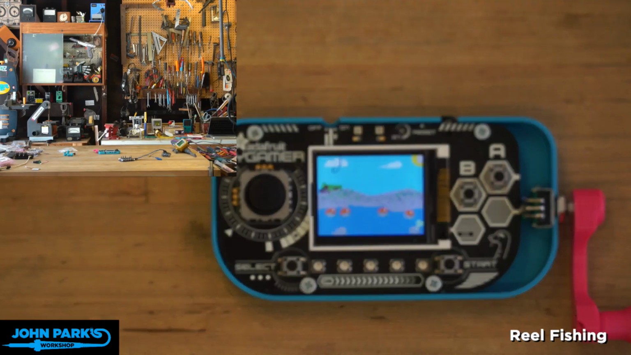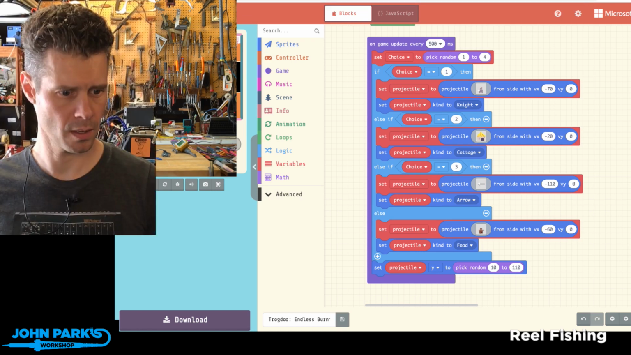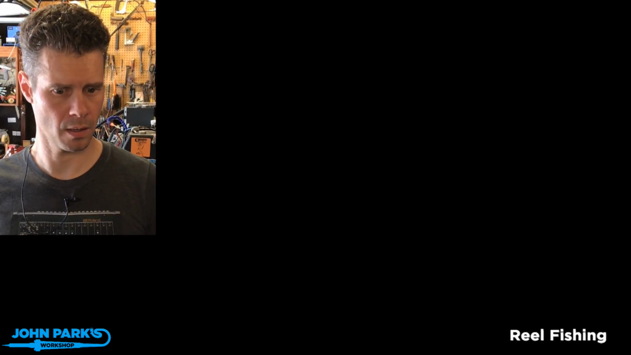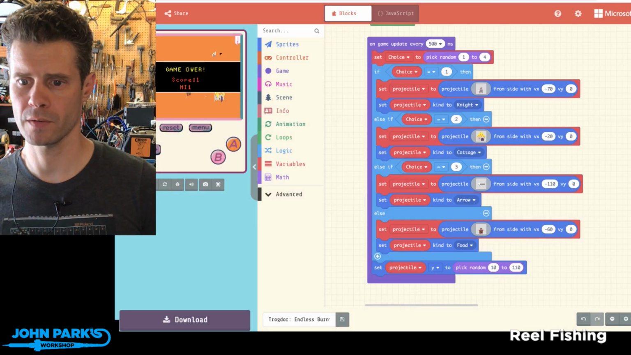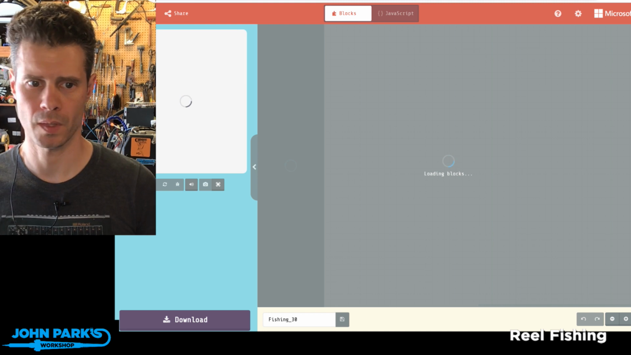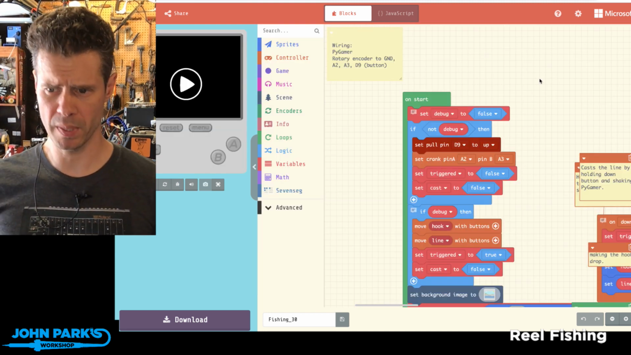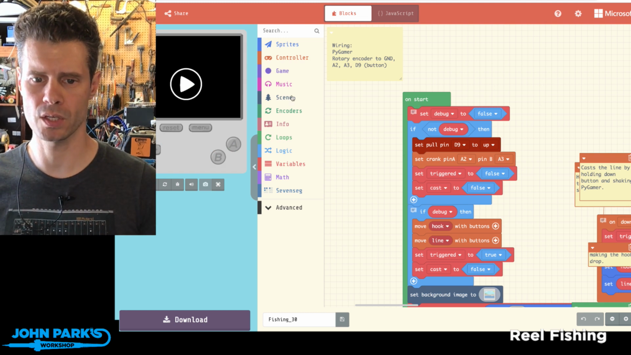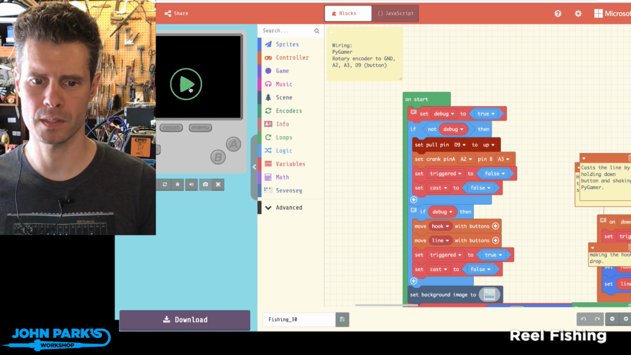So let's jump over to this MakeCode session and jump into my final tab. So since the rotary encoder is in use and the digital pins are in use, it's difficult to use the simulator. So what I've done is I've set up a debugger that takes those